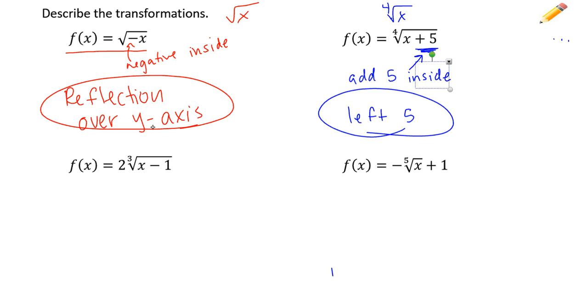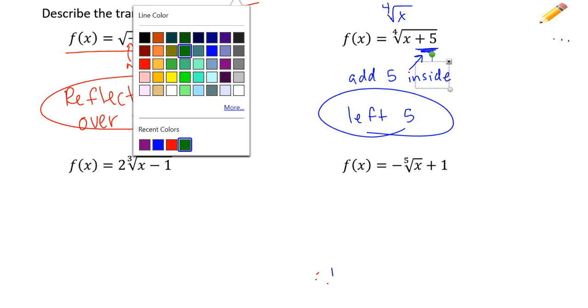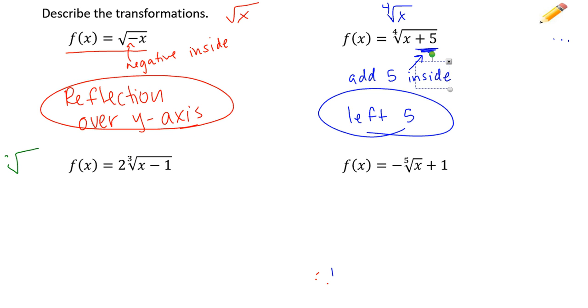Let's try this next one. This one has 2 changes. It started out as the cubed root of x, and we've got 2 changes. We've got this right here, and we've got this right here. 2 changes. So let's talk about this one right here. What we've done is we've subtracted 1,